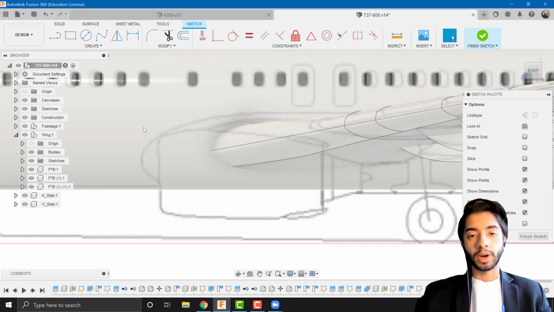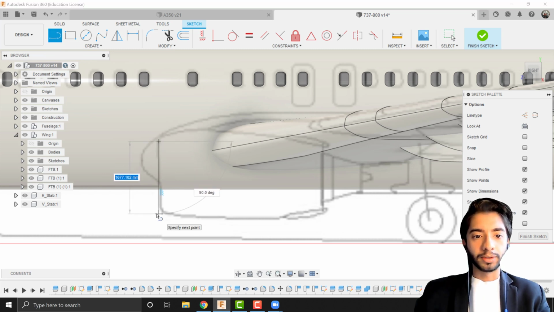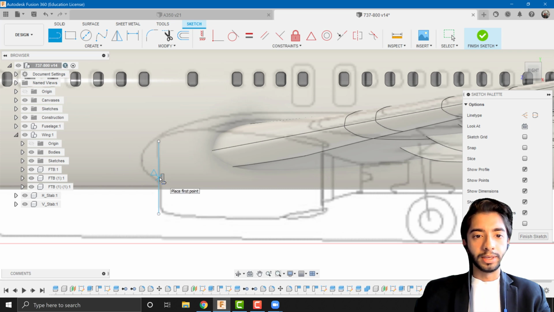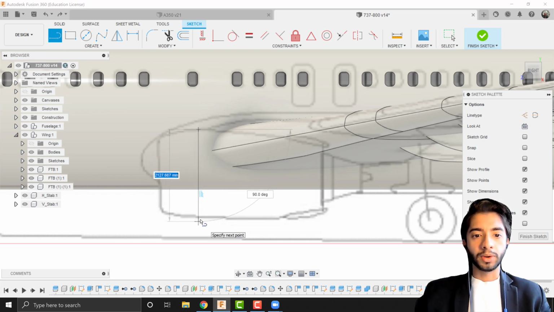So we're going to revolve it around its axis for it to create that sort of symmetry about the circular center. Okay, so I'm going to create a line, and firstly I'm going to try and find the midpoint of the engine. So the way I'm going to do that is I'm just going to create a line, and then I'm going to go to the maximum height. So that's the maximum height of the engine there, and I'm going to draw a vertical line downwards,